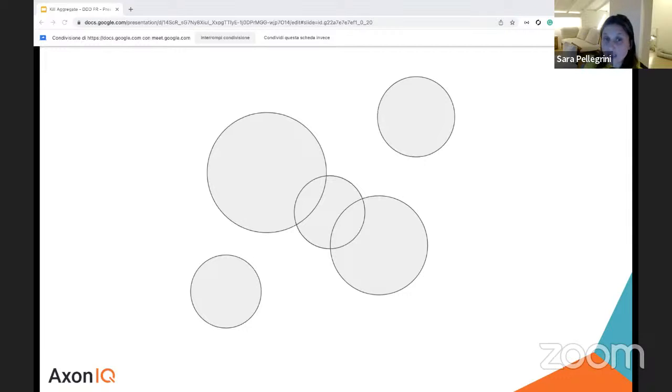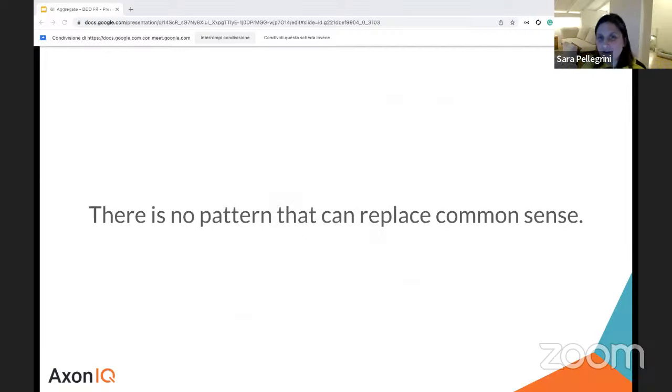And the ability to create this intersection between models does not necessarily have to be exploited in every situation. There will be thousands of cases where this is not necessary. So as always, there is no single answer or single truth. Choices must always be made with pragmatism and common sense.